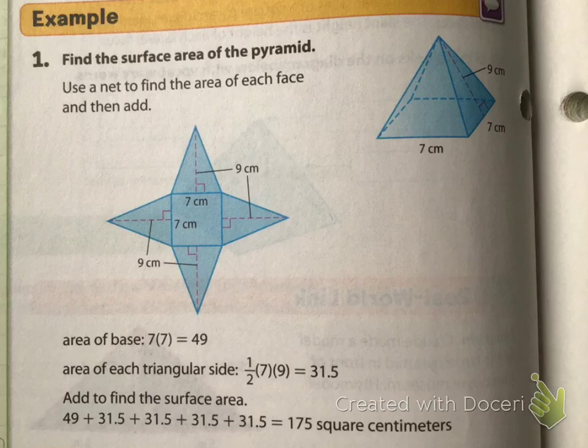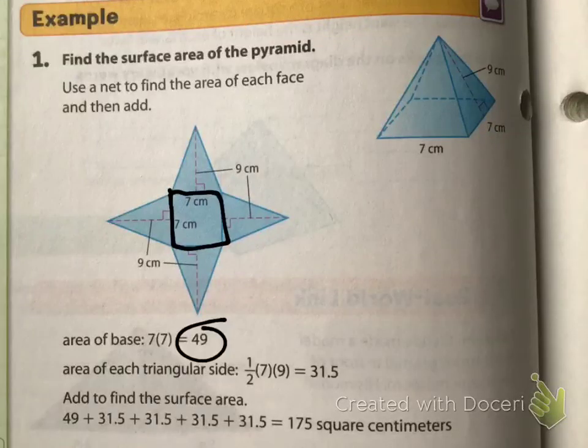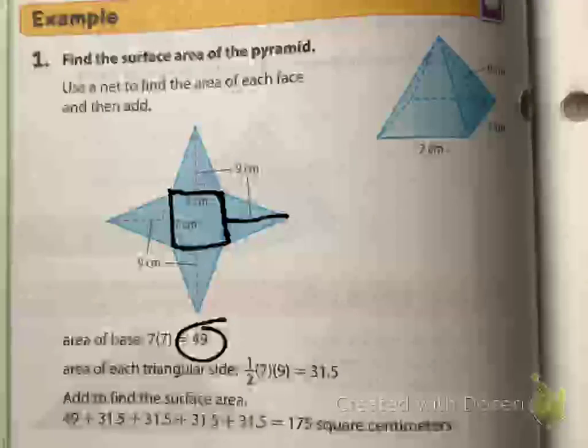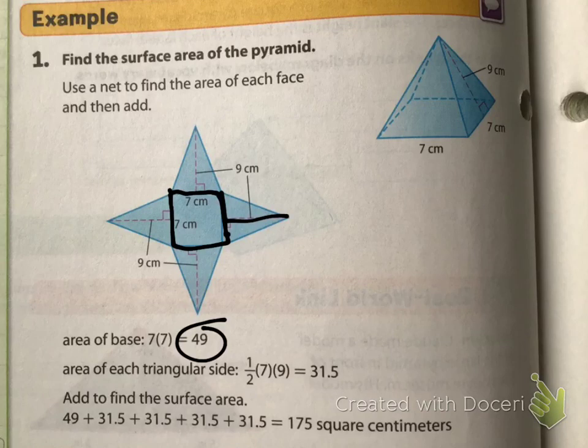We're going to look at this example. Here's one where we have a regular surface area of the pyramid. It is not a triangular-based pyramid. It is a square. So we look here. We're going to use a net to find the area. At the bottom, we've got this part right here, which is 7 times 7, or 49. Then each of these triangles has a length of 7 and a height of 9. We've got 1/2 of that because it's a triangle. So we get 31.5. But we have 4 of those. So we have 31.5, 31.5, 31.5, 31.5 plus that 49 center to get